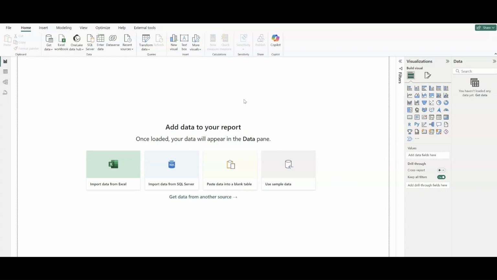In this video, we'll discuss the query parameters available in Power BI. The query parameters are used to dynamically filter the data at the query level within Power BI desktop. They are often used to modify or filter the data that is loaded into the model, which means if there is a huge amount of data which is drawn from the server, only the relevant data is sent to the